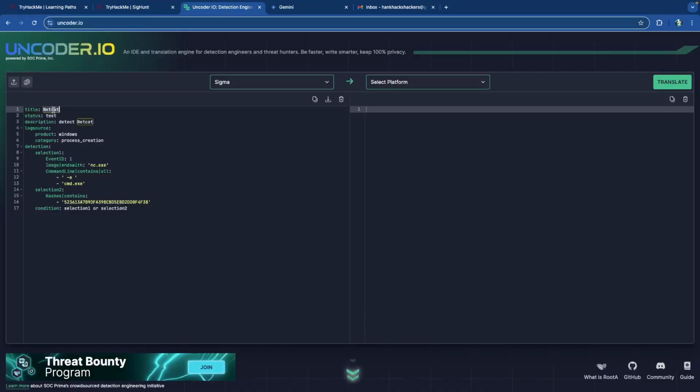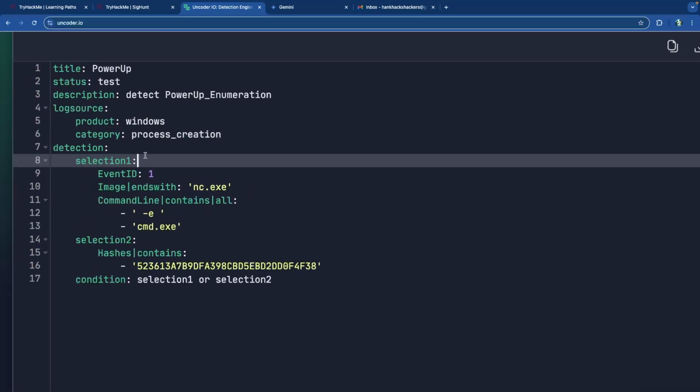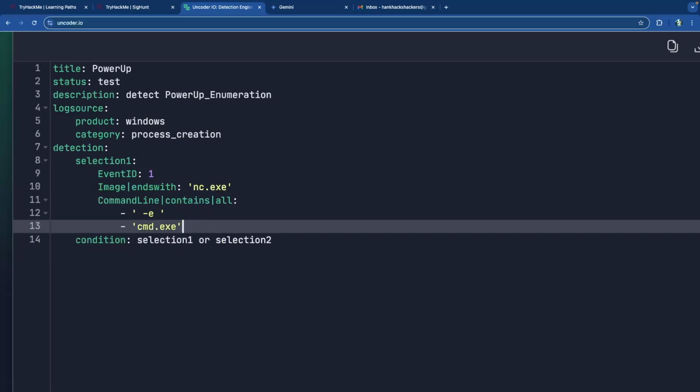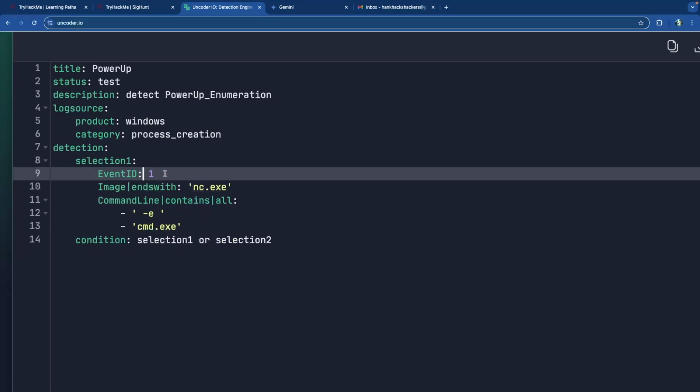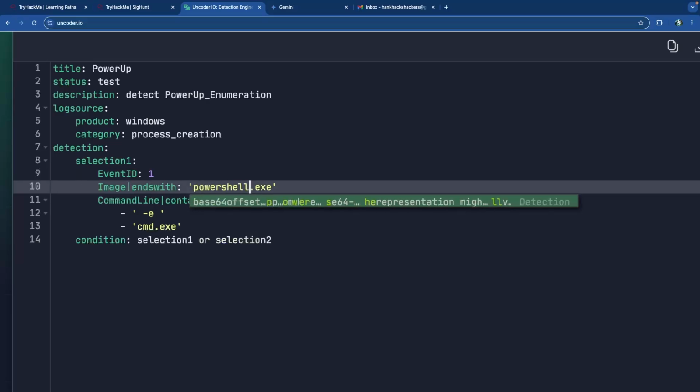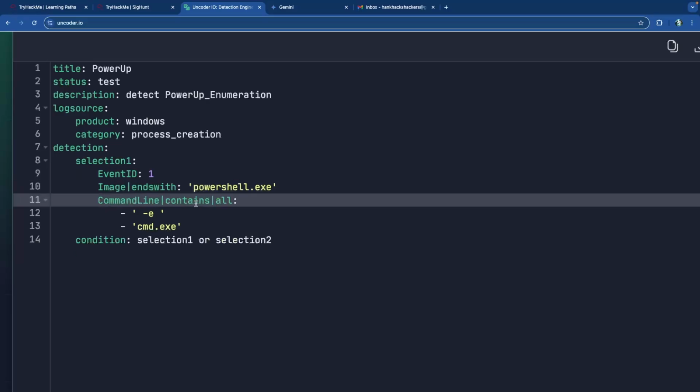So this is what we're going to do. So power up is going to be the name of that. It'll stay test for that. Windows is going to be the same. Process creation is going to be the same. Let me zoom in a little bit. And so we only have one selection, so I'm just going to get rid of this entire selection right here. And event ID is going to stay the same. Image is going to end with PowerShell.exe,